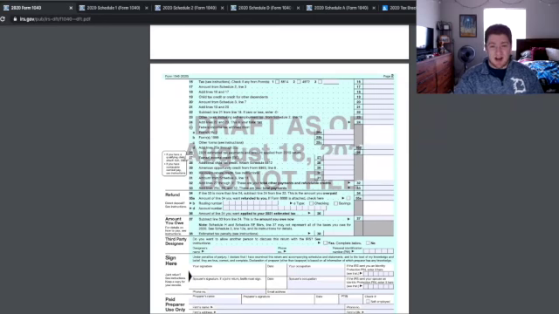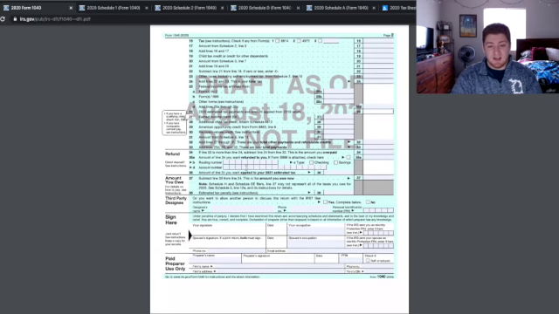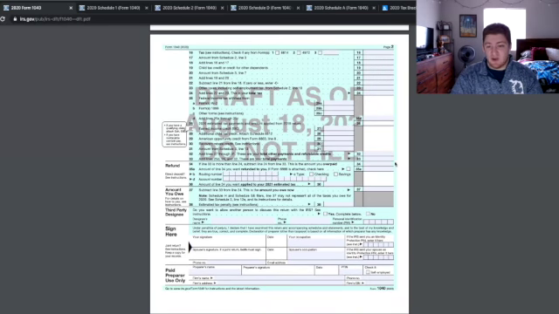On line 25, right here, we have your federal tax withheld on your W-2s or any other 1099s you could have received. 26, if you made any estimated tax payments, if you weren't getting any income withheld from your wages and you decided to make estimated payments yourself, those amounts would go here on line 26. We have the earned income credit, just a lot of credits going on here in all these forms. American Opportunity Credit, talked about that one a couple weeks ago. And so finally, you get down here and you get your total amount of payments towards your tax.